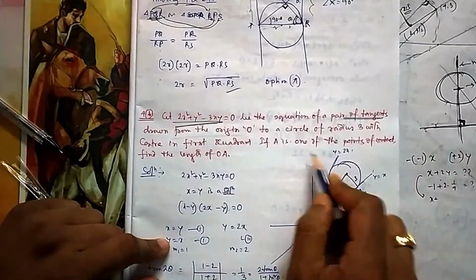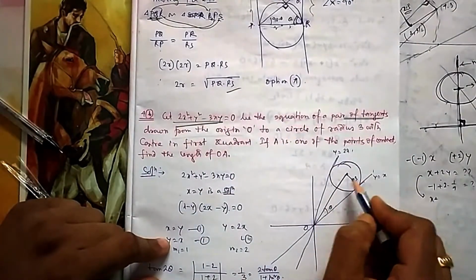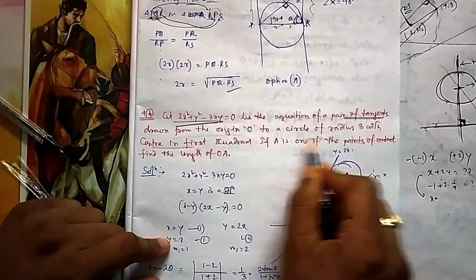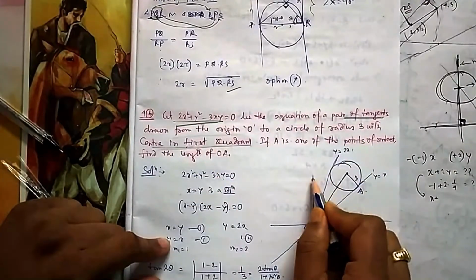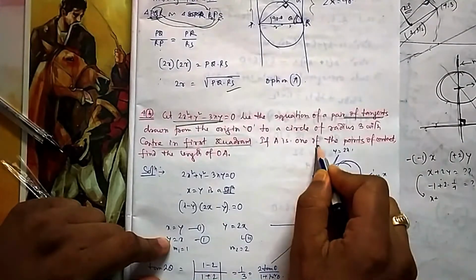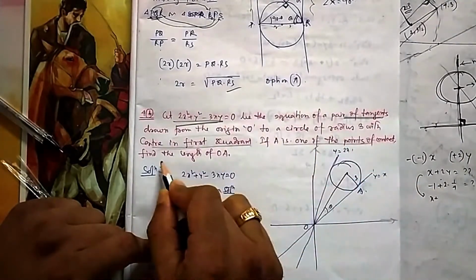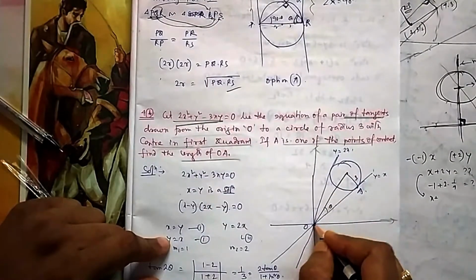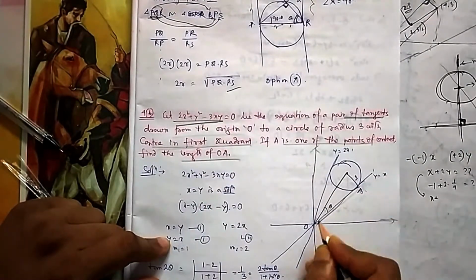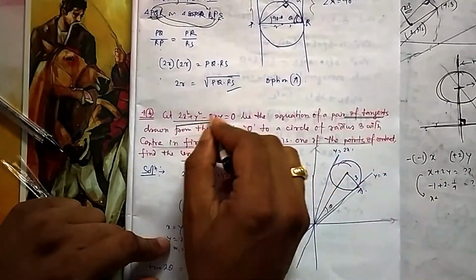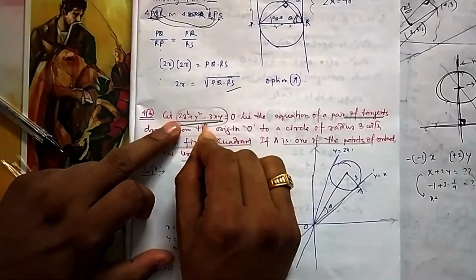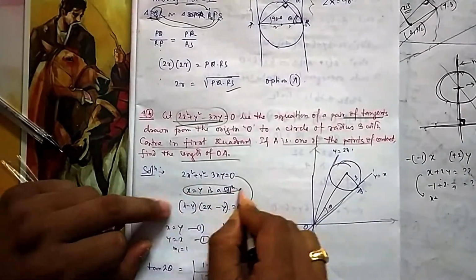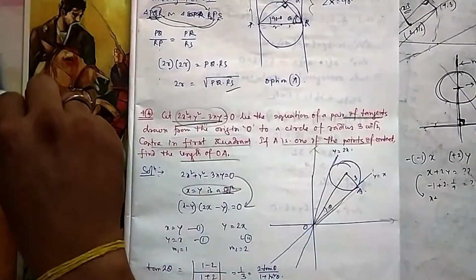So these two are tangent to a circle of radius 3 unit, any circle of radius 3 unit, with center in the first quadrant. So the circle should be in the first quadrant. So I have drawn it in the first quadrant. If A is a point of contact, then find length of OA. You need to find this length. Okay, can I find this? Because this is given, so here we have two equations inside it. So you need to factorize it. You can factorize it in this way, look at it this way. By seeing also you can see x equal to y is a solution.